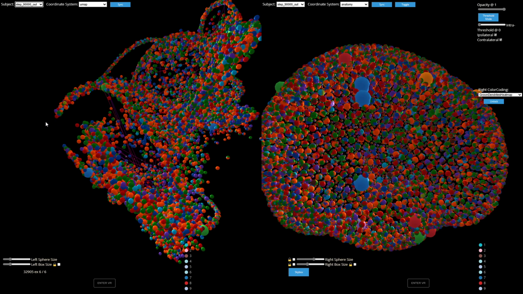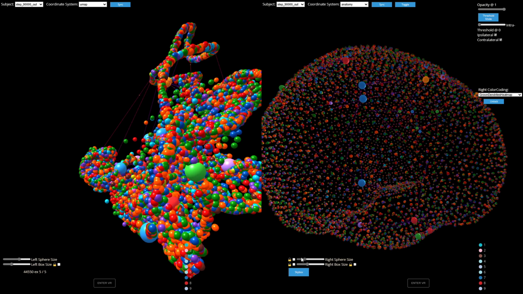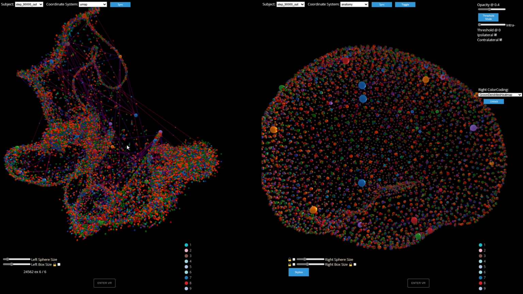The original NeuroCave allowed for the scaling of nodes, and what NeuroCave Plus does is it allows for the independent scaling of the left and right nodes, as well as boxes and cubes. NeuroCave Plus also implements these edge particle animations that show the directionality of edge connections. These particle animations that glide from the source to the destination along the edge really show the flow of traffic